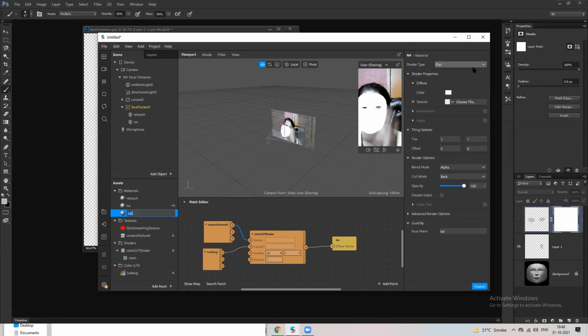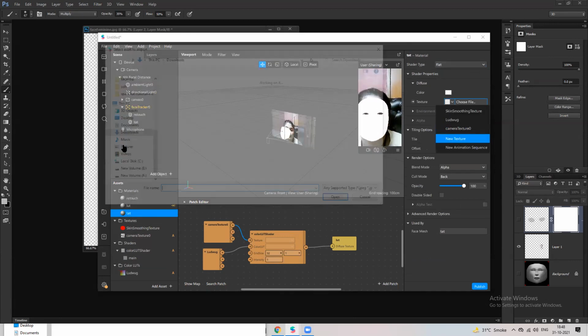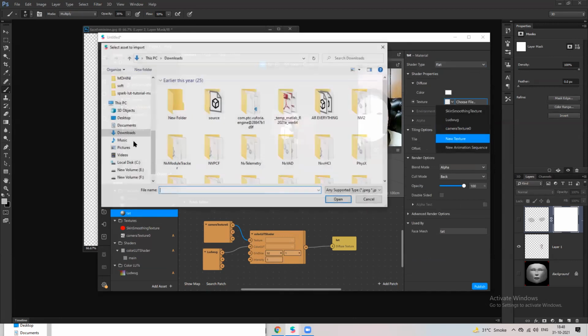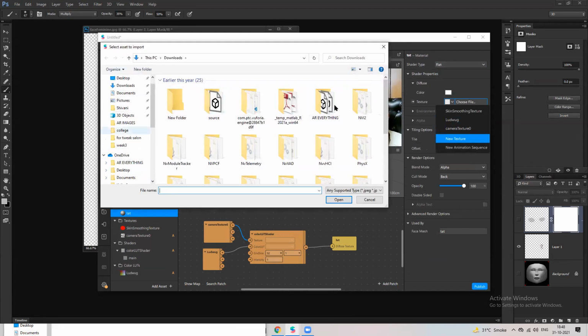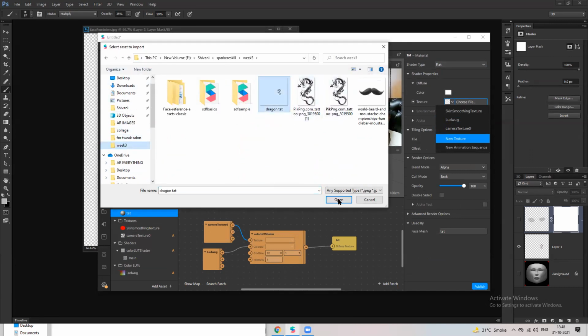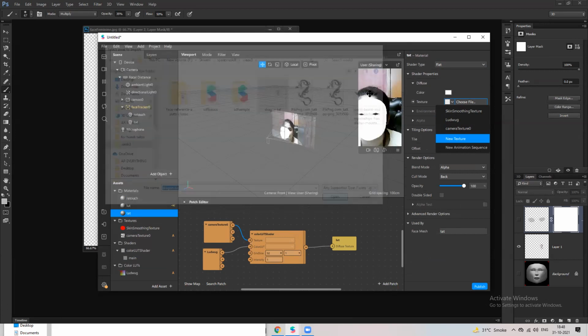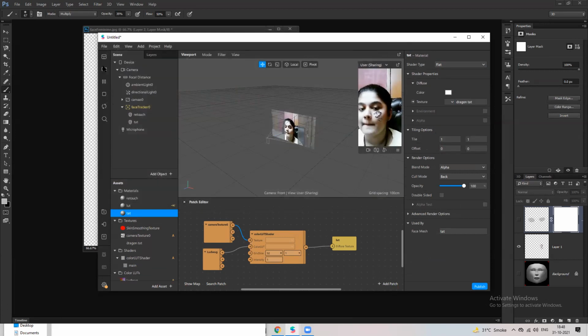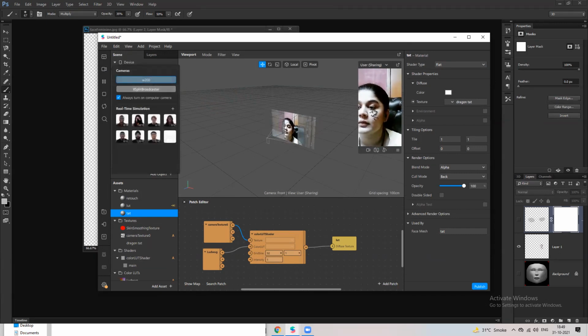And I'm going to keep the shader as flat. I'm going to go new texture, and this is something we did. So you can see now it's on my cheek below my eye. You can try it on them too. So yeah, this is how you can